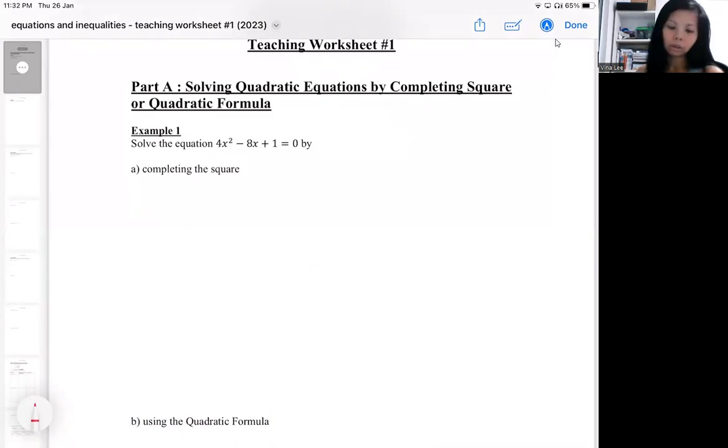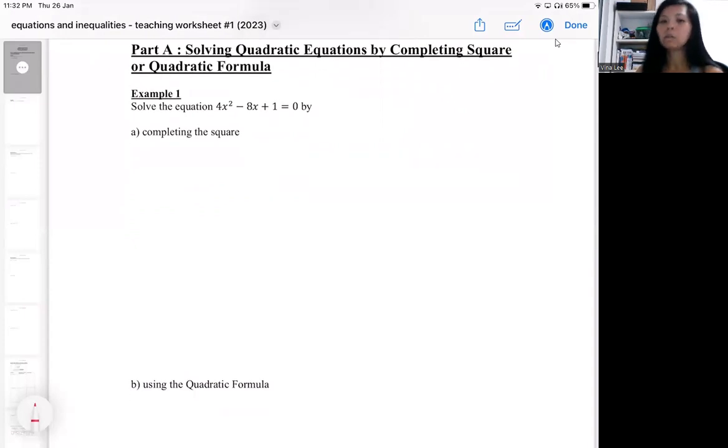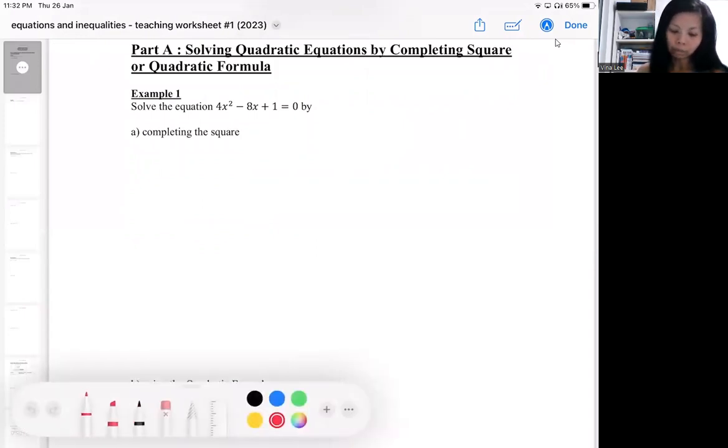So I'm going to use example 1 to recap the technique. In example 1, we have one quadratic equation, and I'm going to be solving it by completing square, and I'm going to be solving it by the quadratic formula. Either way, whichever way I do it, I should be expecting the same answers. Okay, so let's recap. How do you solve this equation